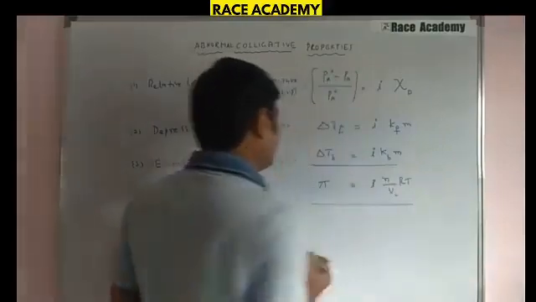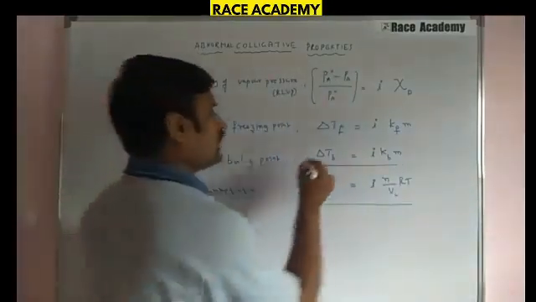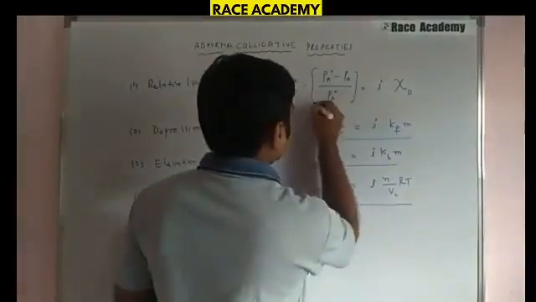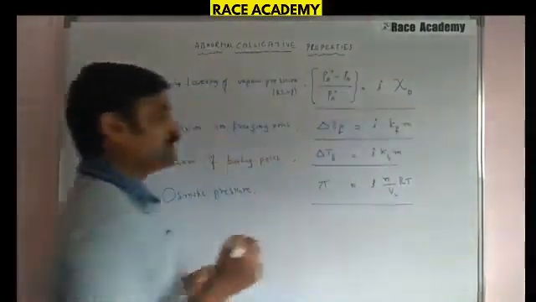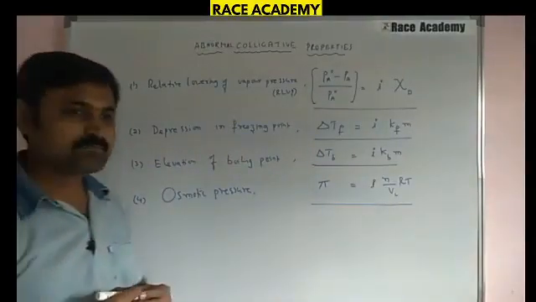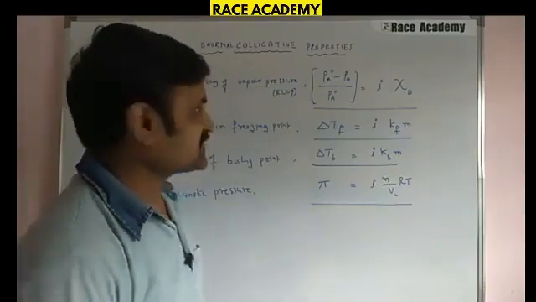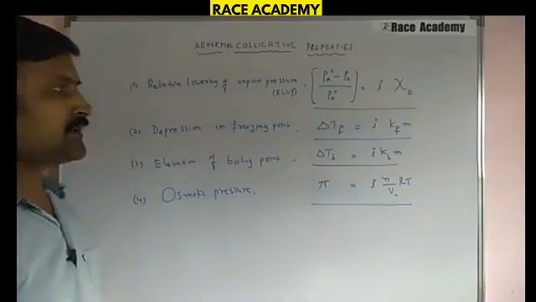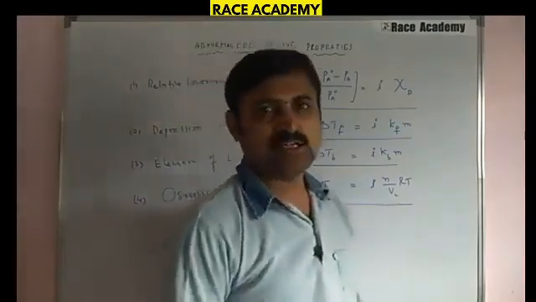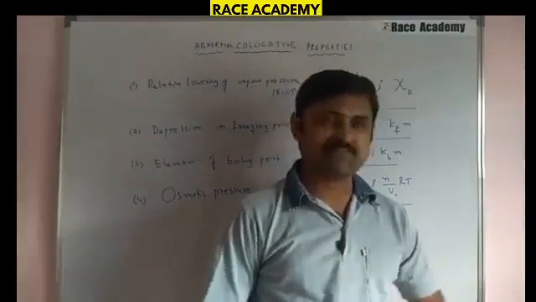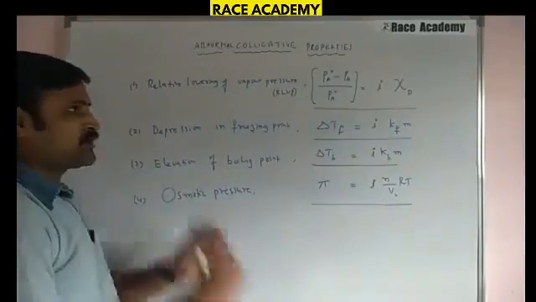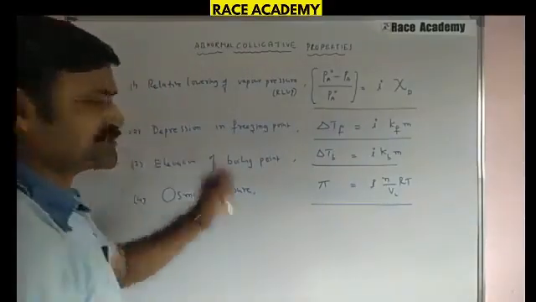This is the elevation of boiling point modified form. This is the depression in freezing point, and this is the RLVP, that is nothing but relative lowering of vapor pressure, modified expression using the Van 't Hoff factor. And these are the mathematical expressions we have observed after identifying some dissociation or association of the solute in the solution, and the dissociation or association are affecting the colligative properties. To get the accurate colligative property value, we have introduced the Van 't Hoff factor.